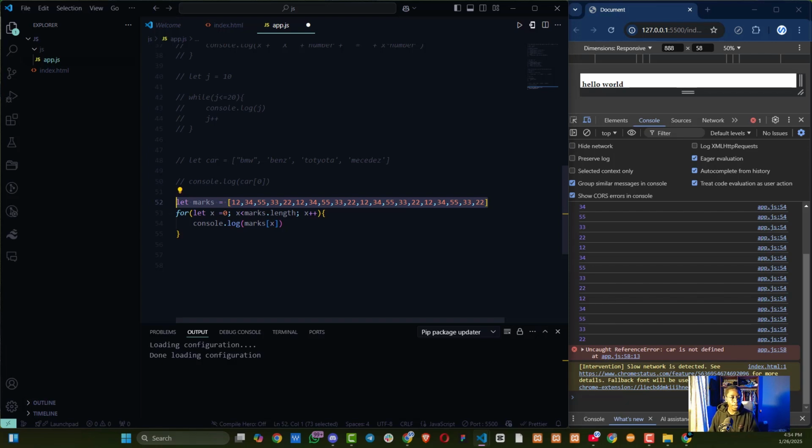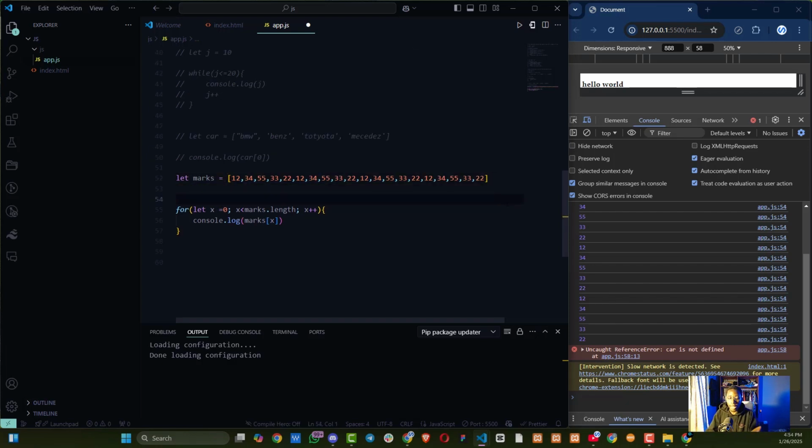Let's take for instance that in this simple program, we want to take the values we have here, sum the values together, and then display the sum at the end. So what we can do is we have the array of marks. The next thing is we want to create a sum. So we can say let sum equal to 0. And then inside here, all we want to do is get this. So let me just copy this, Control C. We want to be able to say sum